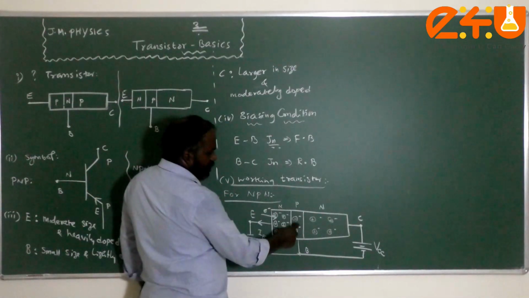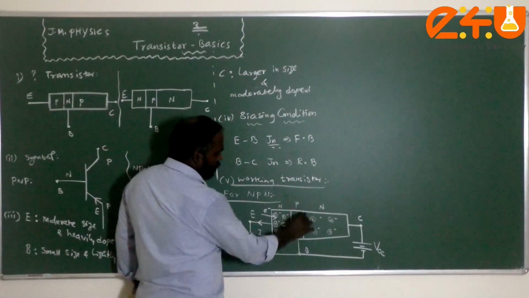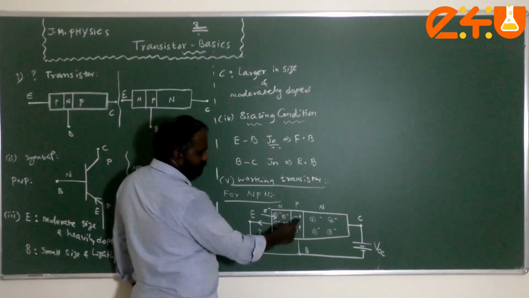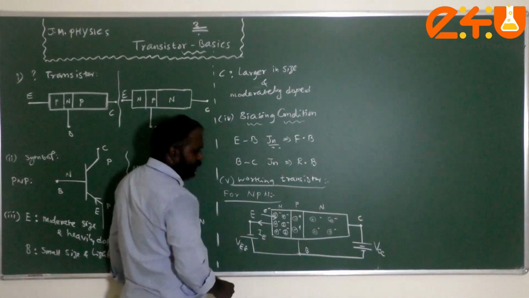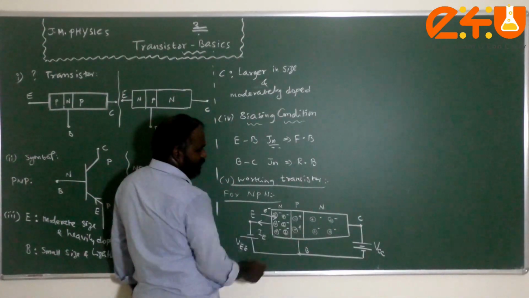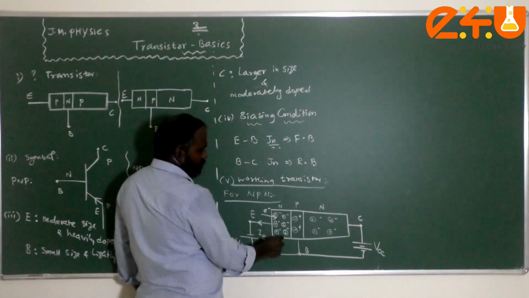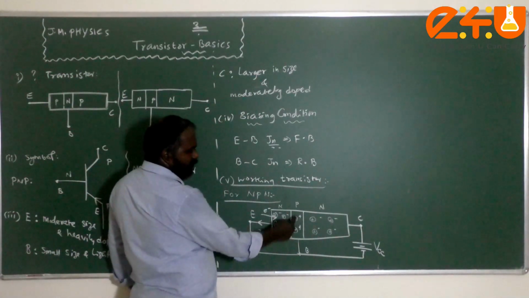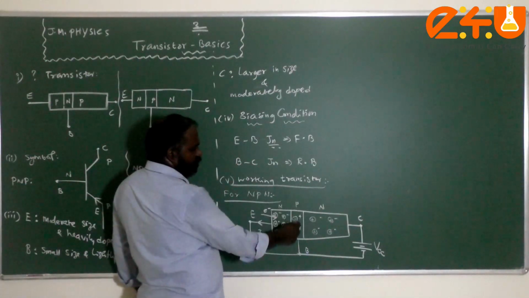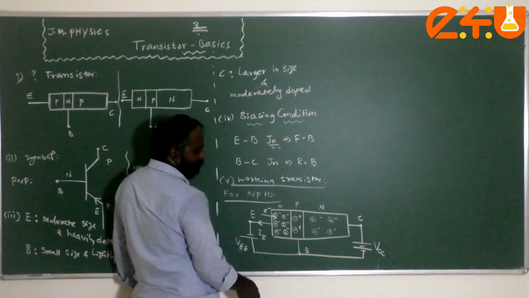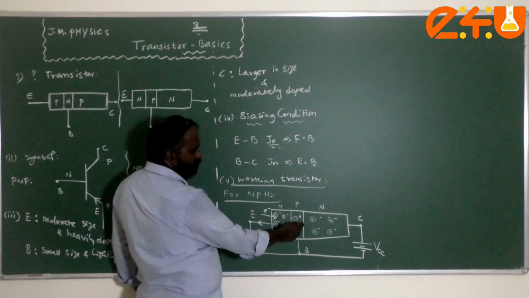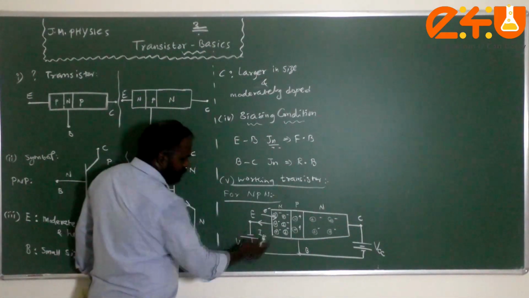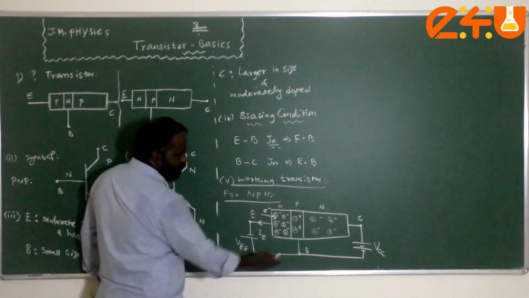When these electrons cross this base layer, some of the electrons may recombine with these positive holes. So at this base layer, due to the recombination between the electrons and the holes, there will be a loss of holes. In order to maintain this as a p-type material, the holes lost in this recombination process will be balanced by the supply from the positive of the battery.